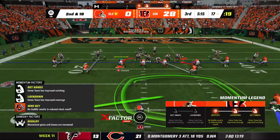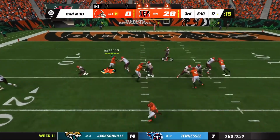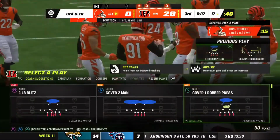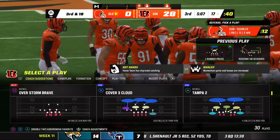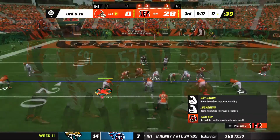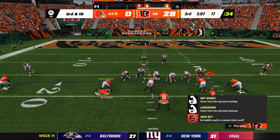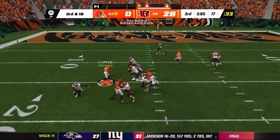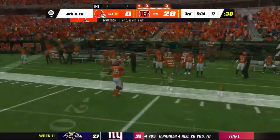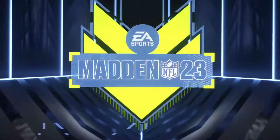Got to imagine the pass rush will be equally intense here on second down following the sack. It's 2nd and 18. Throwing there, but this pass is going to wind up incomplete. And there's another stop. One of the league's best defenses is certainly bringing it again this week. An incomplete pass on that last play, and that means they'll need to come up with something here on third down. Watson now to throw. And this is going to be incomplete. Well, Barnett, they've certainly played up to their top 10 defensive ranking this week. They've stifled this opposing